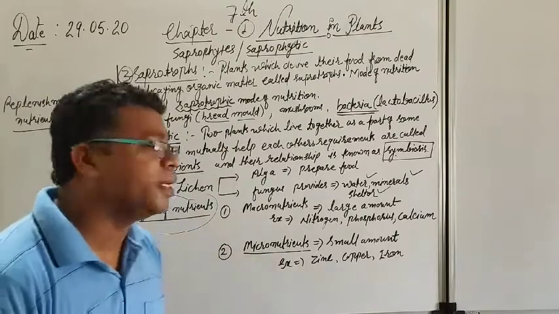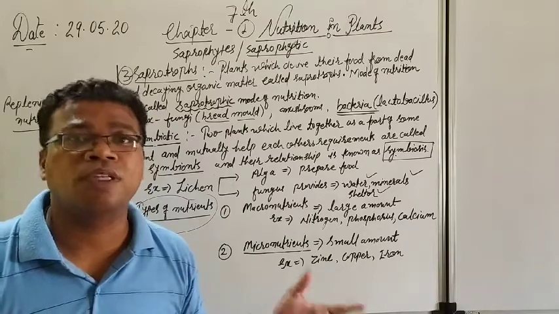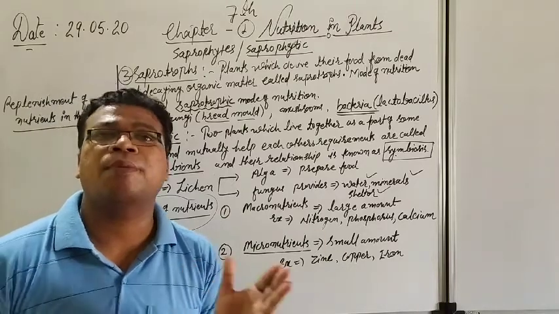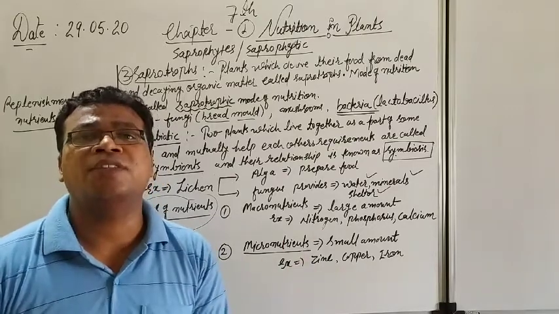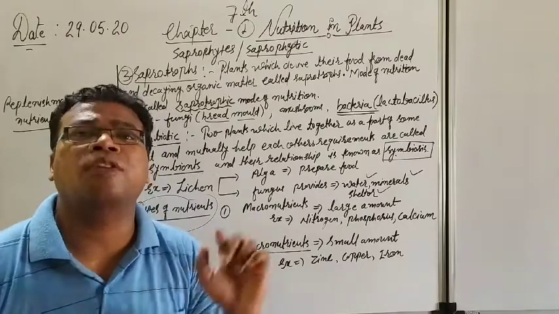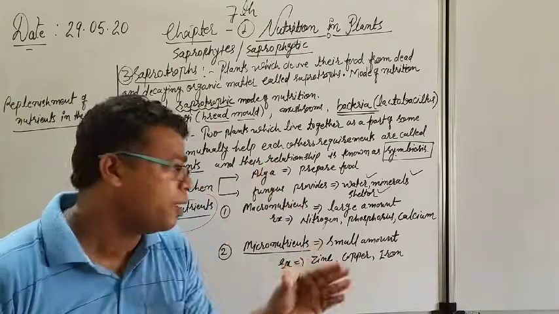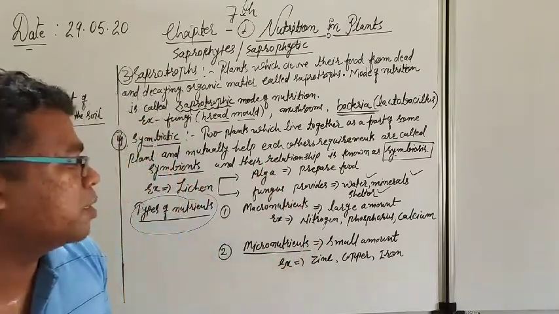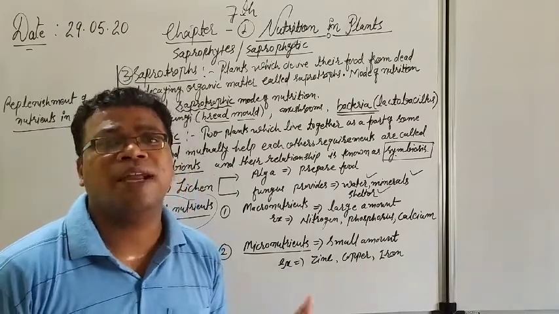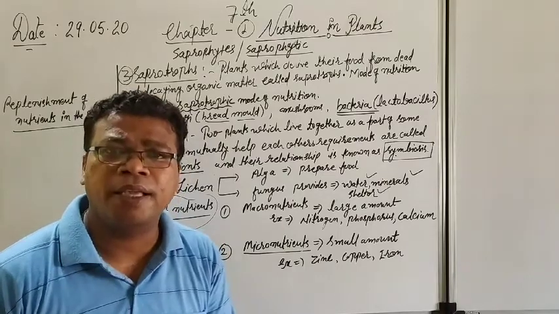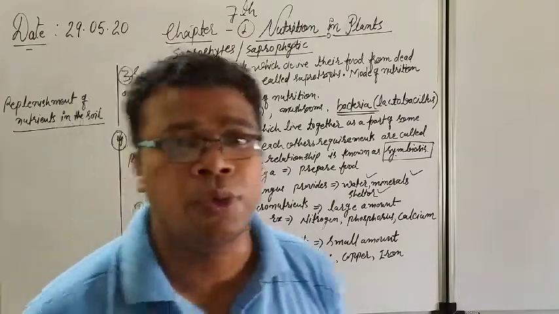The second category is the micronutrients, the nutrients which are present in a smaller quantity on the soil surface, just the opposite. Otherwise, you can say the nutrients which are required in very small quantity for plant growth are considered micronutrients. Good examples of micronutrients are iron, copper, zinc, sulfur. These nutrients are present in smaller quantity and the plants require them in smaller quantity, so these are considered micronutrients.